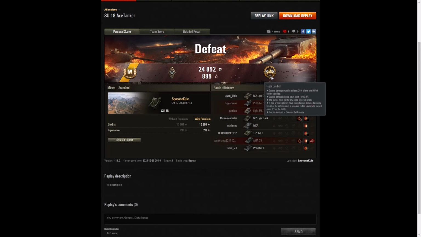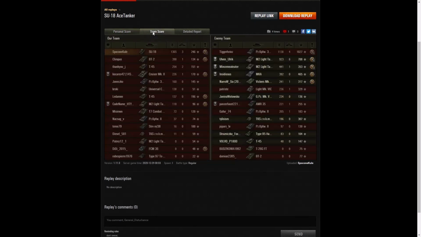And he got a high caliber for dealing the most damage in that game, at least 20% of the enemy hit pool and over 1,000 hit points altogether. Let's have a look at the team score. Well, he managed to get 1,365 hit points of damage by accurate shooting. The next highest scorer being that Panzer 38H, who managed to get